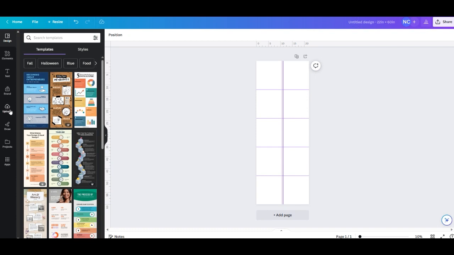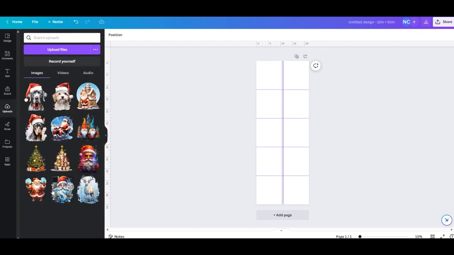So we're going to click on the Uploads. These images I've already uploaded for this demonstration, but you would click on Upload Files. When you do that, it browses your hard drive and you choose your pictures, wherever they're located, select them, and it'll upload them. So once you have them in the panel here as an upload, you merely just drag them